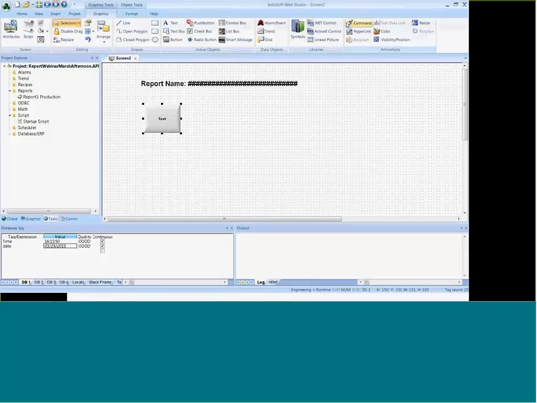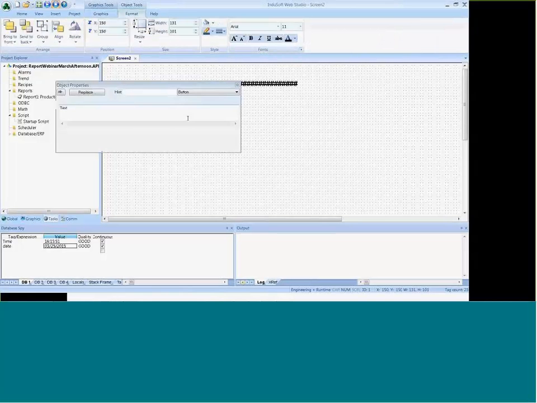I'm just going to put it on a command animation here. And so we'll change the label here. So just to further what I was going to say, I'm going to put it on a button, but I just want to really emphasize you don't have to put it on a button. It could be many different places and happen automatically in the background, if you will. So here I'm going to say print production report